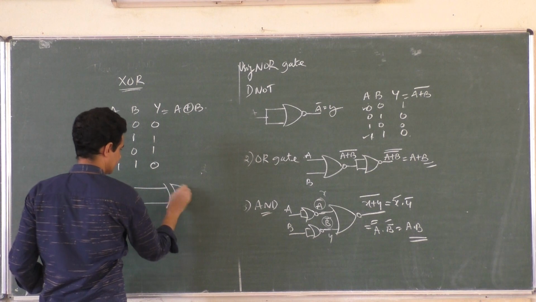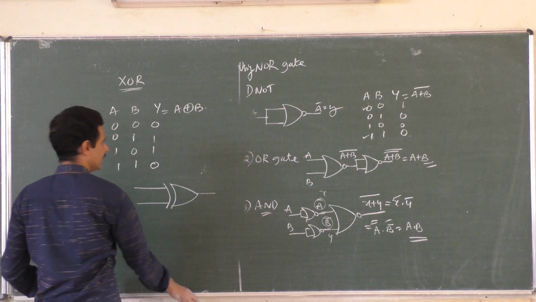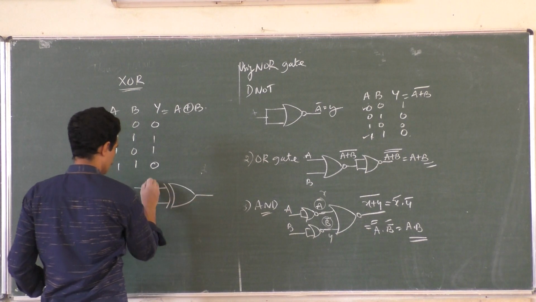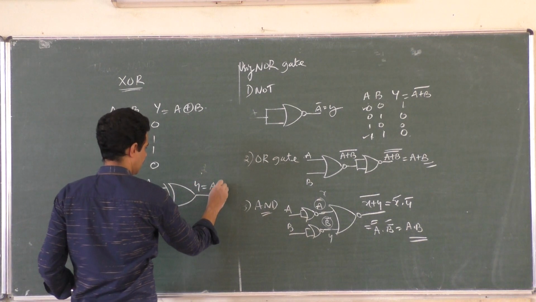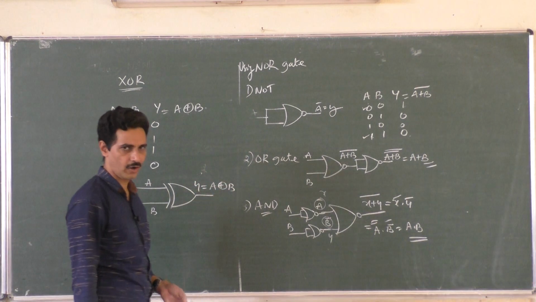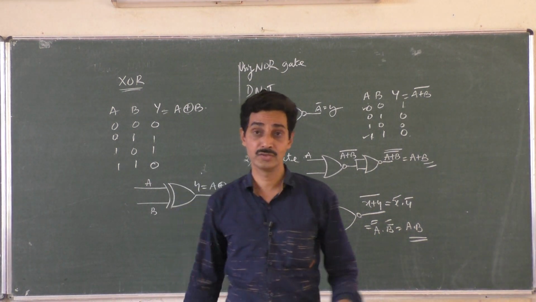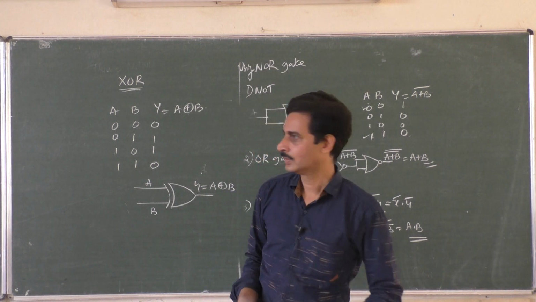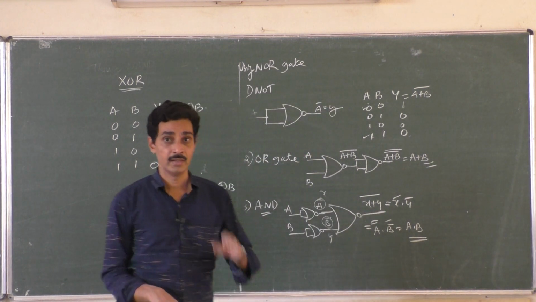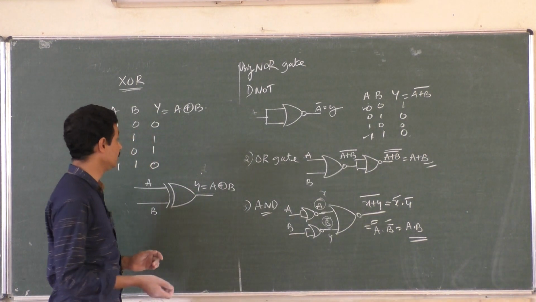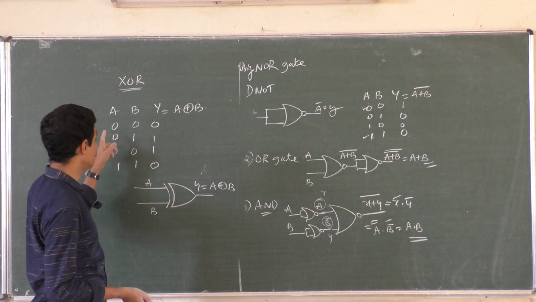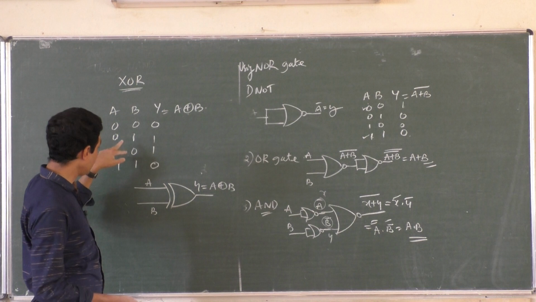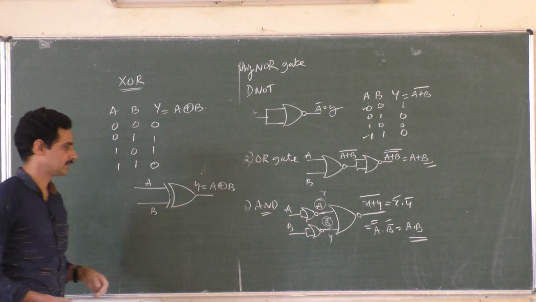So how is it realized? It is realized like this: OR gate symbol, but with another bar here. So A, B, Y is equal to A XOR B. It is exclusively OR gate. Even XOR gate can be constructed using so many NAND gates. So that is also possible. This is one extra gate you have to remember. It gives output 1 when the inputs are different, and output 0 when the inputs are similar. 1 1 output 0, 0 0 similar output 0, different 1 0, 0 1 output 1. That's all. Exclusively OR gate.